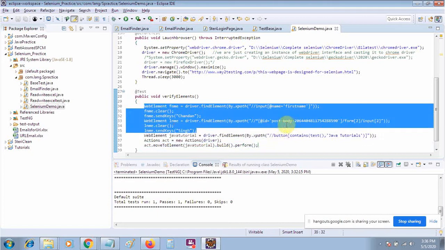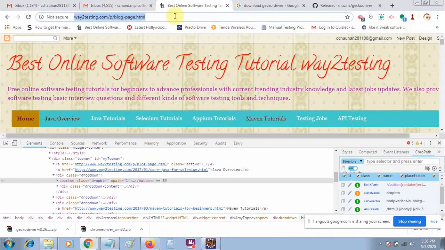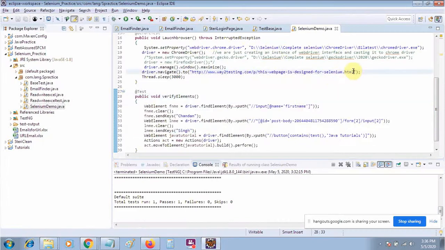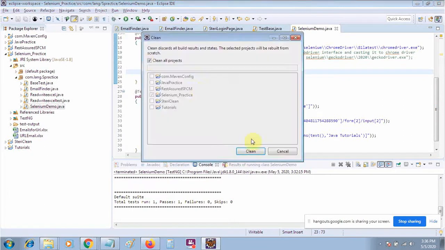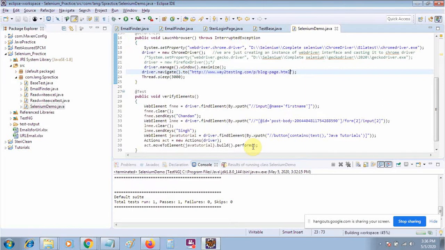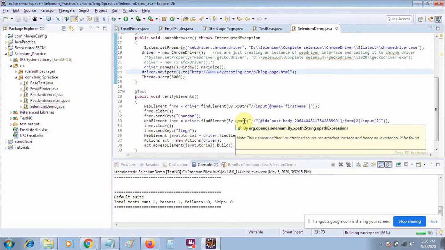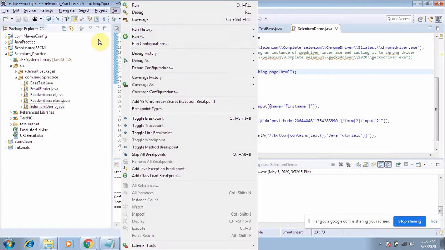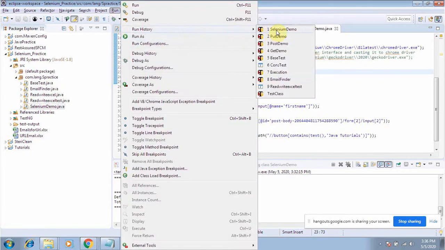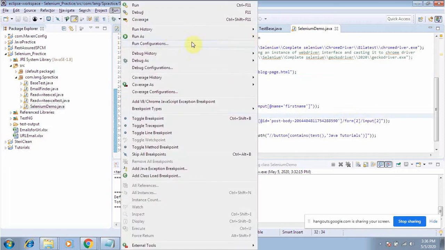Let me comment this one, and let me put the home page URL so that you can see how to perform the mouse over. I will just clean the project. You need to practice, guys, on different elements, how to mouse over and how to do all these things.